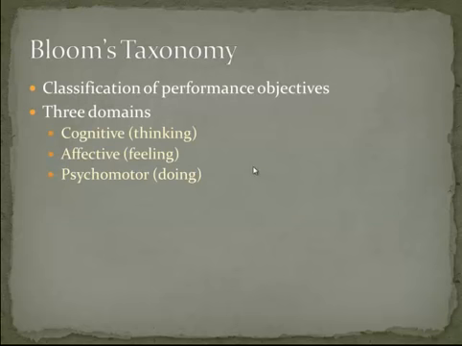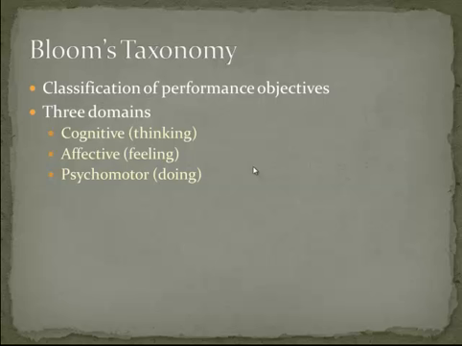To come up with better performance objectives, we use something called Bloom's taxonomy. Bloom's taxonomy is a way of classifying performance objectives into different categories. Bloom's taxonomy has 3 domains: the cognitive or thinking domain, the affective or feeling domain, and the psychomotor or doing domain. We're going to focus just on the cognitive domain. Your handout about Bloom's taxonomy verbs includes verbs for the affective and the psychomotor domains as well. You may find those useful when you're writing objectives for your own courses, but today we're going to focus on